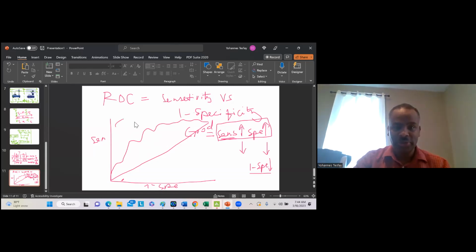Good gauge agreement. You see? Otherwise, if it's just going to go like that,